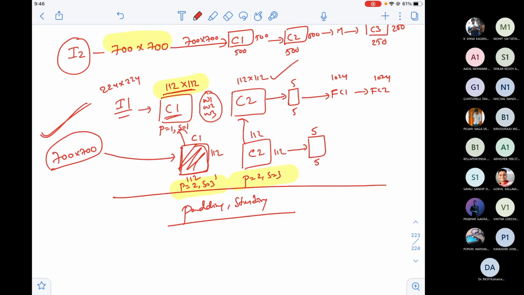Where is that? See, for convolution outputs, even though my image size is different, I am getting same sized convolutions because of padding and striding.